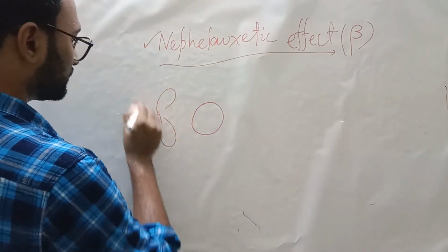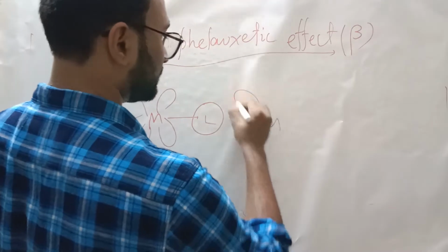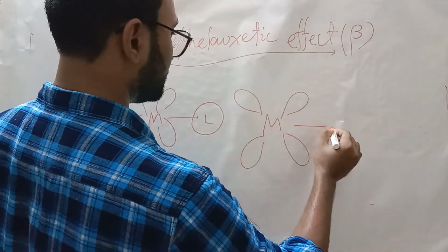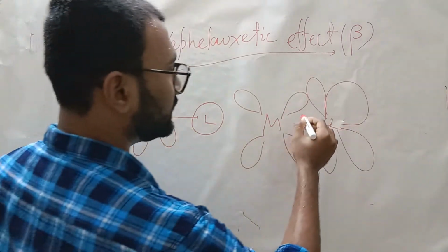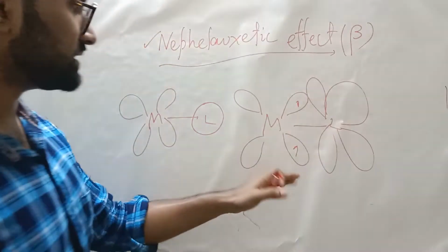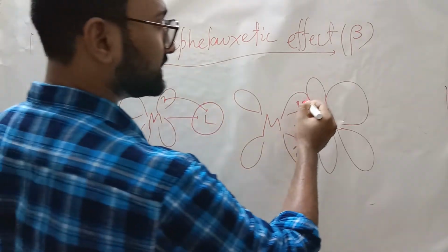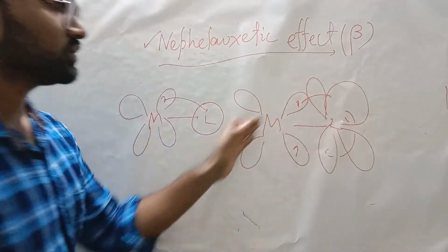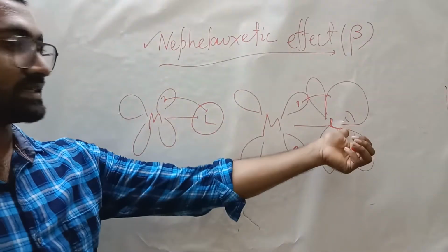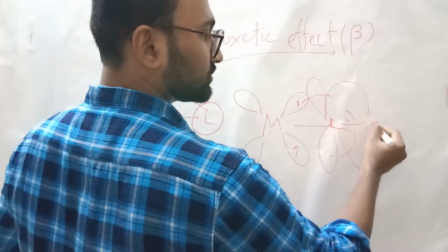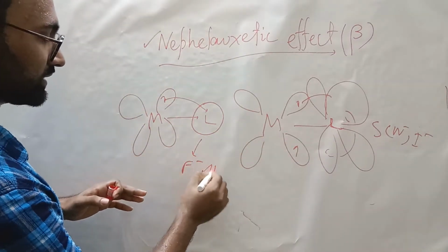Electron cloud, and this is the ligand. There is another consideration. This is the metal and this is the ligand, and in between the electrons are there. In this case the electron has less chance to delocalize, but here it has more chance to delocalize over there. So in this case the electron repulsion will decrease, and for this ligand the B value will be less. Understood? So which kind of ligands are there? This can be Cl minus, I minus, and this will be F minus, H2O.